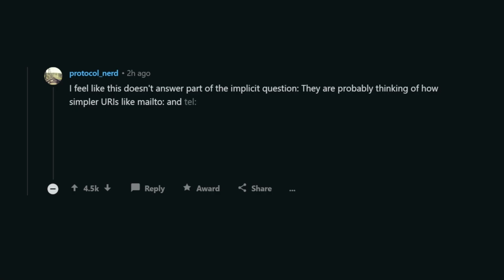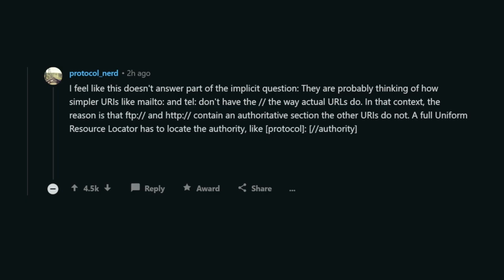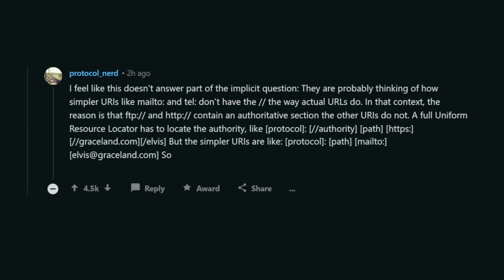In that context, the reason is that FTP // and HTTP // contain an authority section the other URIs do not. A full uniform resource locator has to locate the authority, like protocol, // path, http // greaseland.com /Elvis. But the simpler URIs are like protocol, path, mailto, Elvis@greaseland.com.